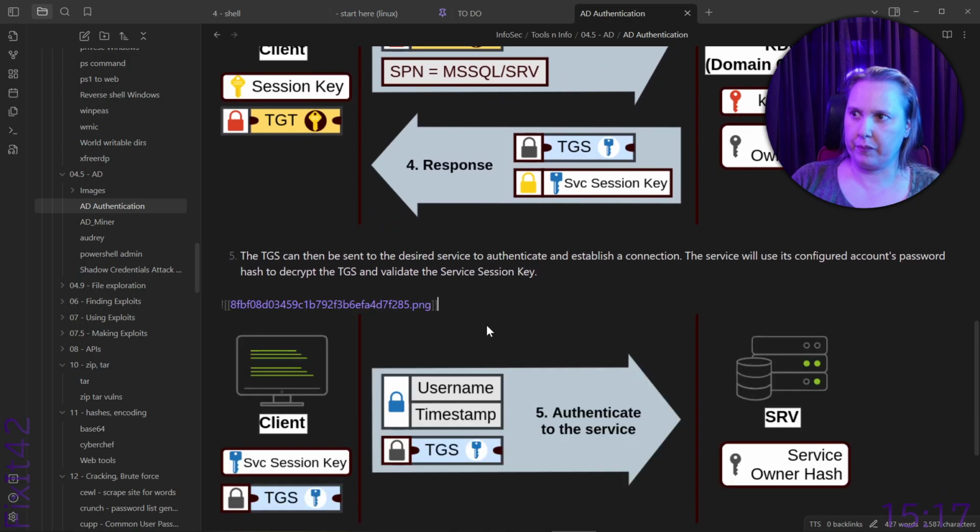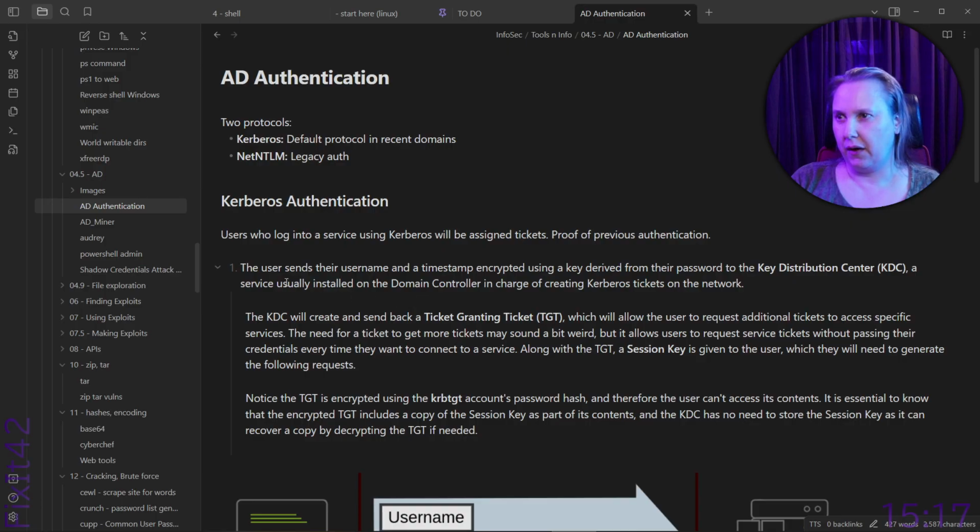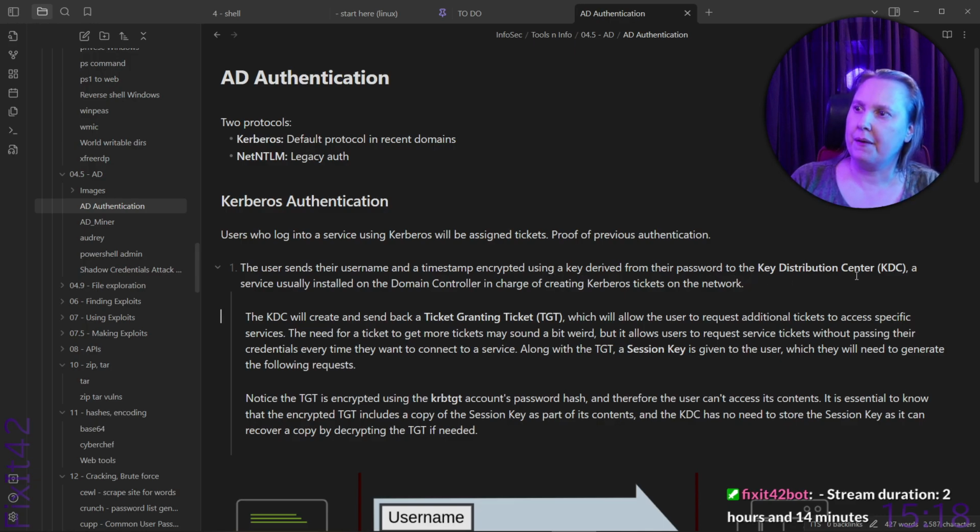So the user sends their username and timestamp, encrypted using a key derived from their password, to the key distribution center, the KDC, a service usually installed on the domain controller, in charge of creating Kerberos tickets on the network. And then we have